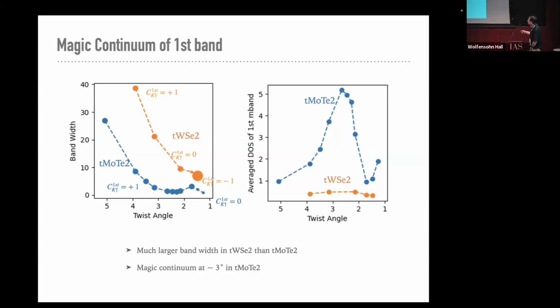But for WSe2, you really have to go to very small twist angles. At the same time, for the average DOS, twisted WSe2 stays low, but for twisted MoTe2, you have this very large DOS. So that's where the magic continuum comes from, right? So basically from roughly 3.5 or 4 degrees to 2 degrees, we should all see this